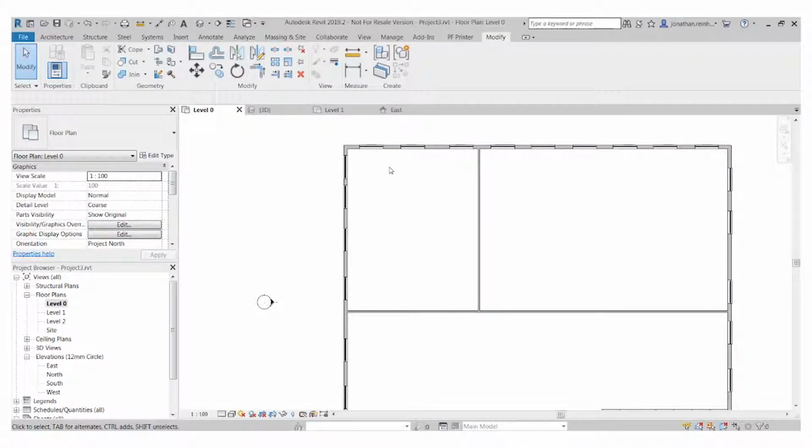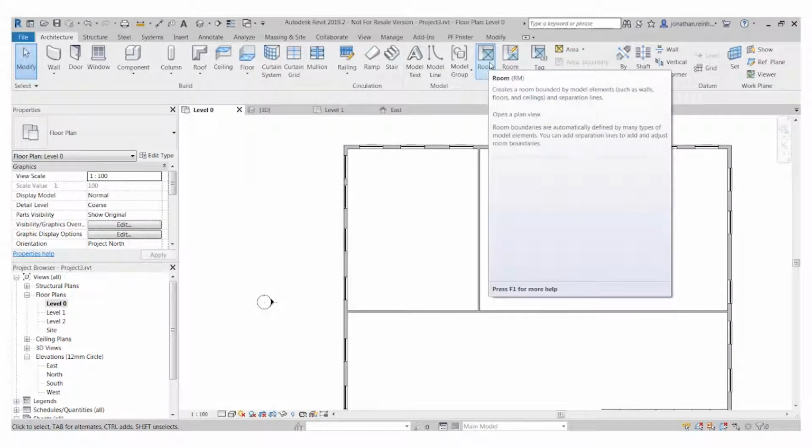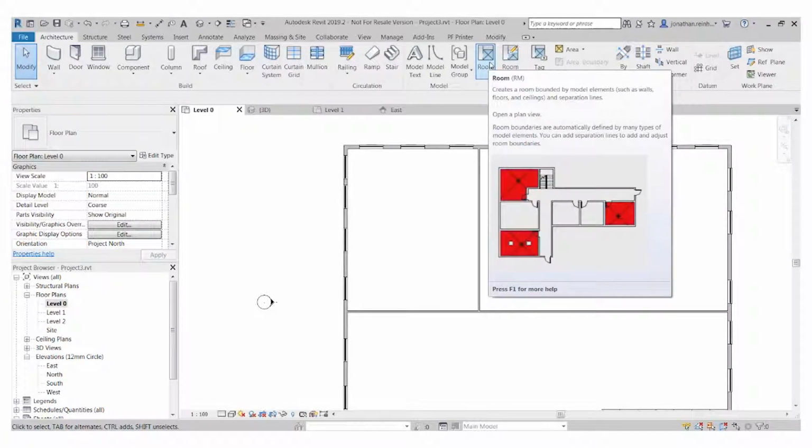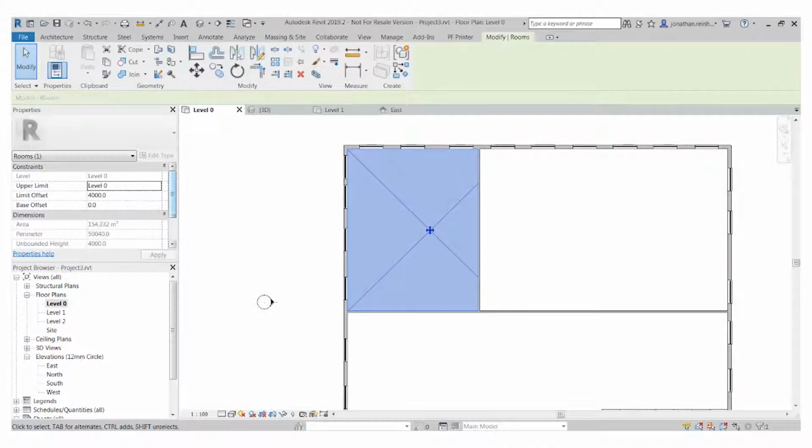WA again is going to start dividing this up into a series of spaces, and I'm going to use what we call a room tag. I'm going to go on screen just to show you, a room tag, or you can use an area tag as well. I'm going to use a room tag, and basically this creates a room bounded by model elements, so walls and stuff like that. You can see it there. I'm just going to place that in. This is going to give me my floor area, so I know roughly what kind of size I'm dealing with. If I click that, it's 154 square meters,